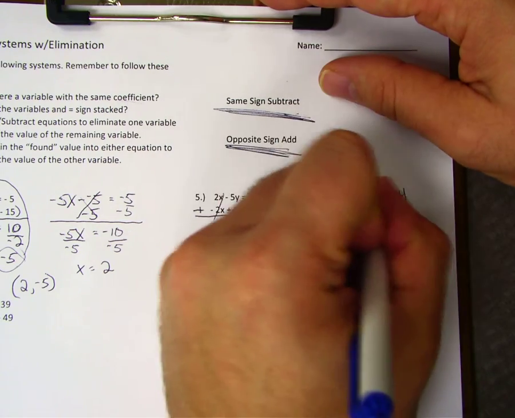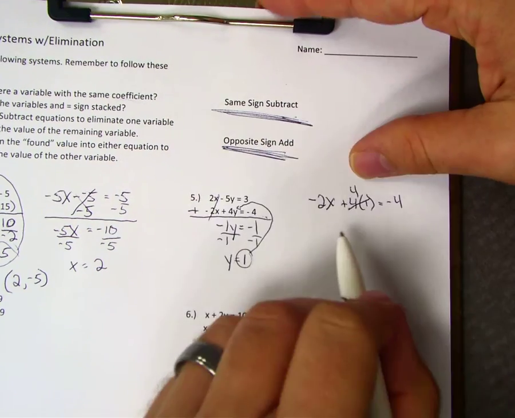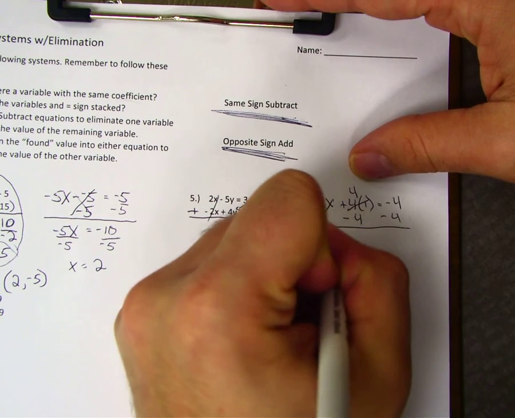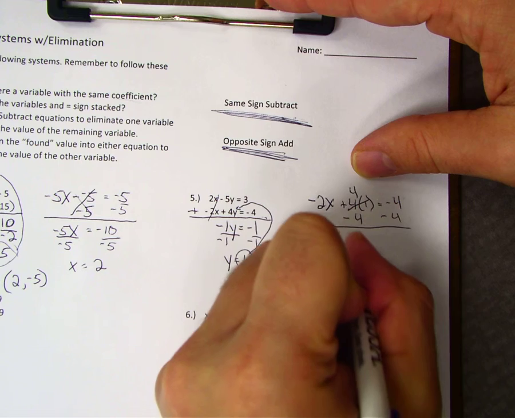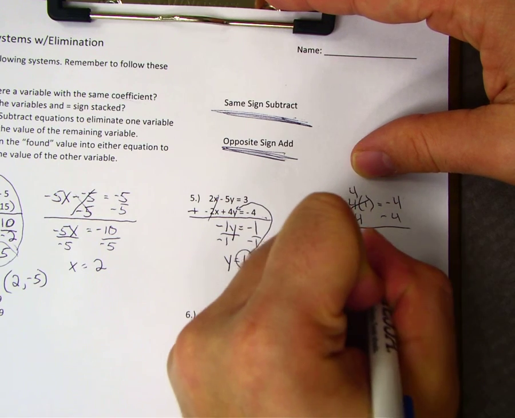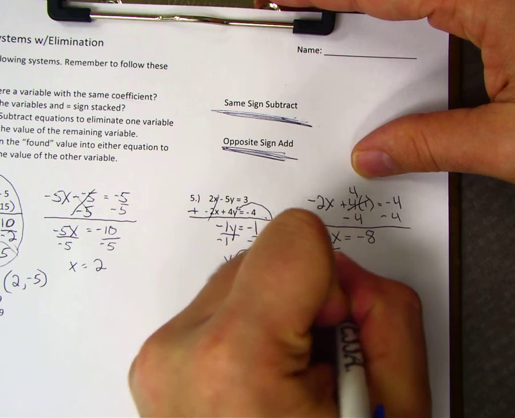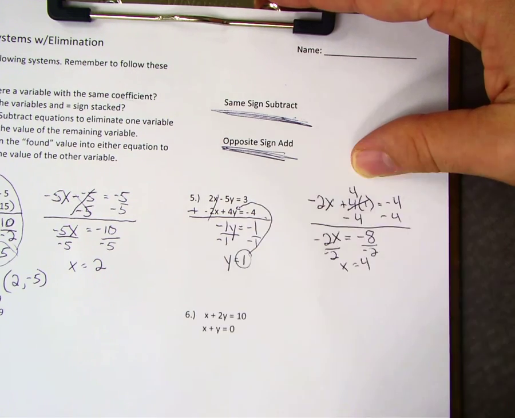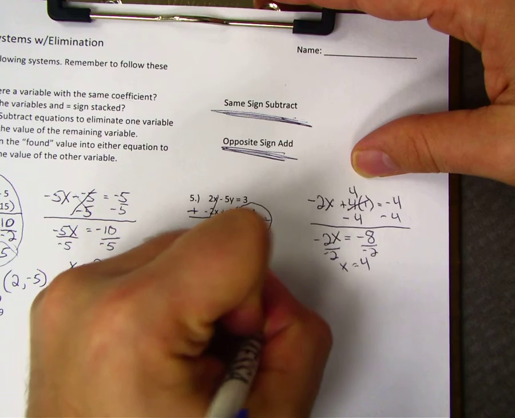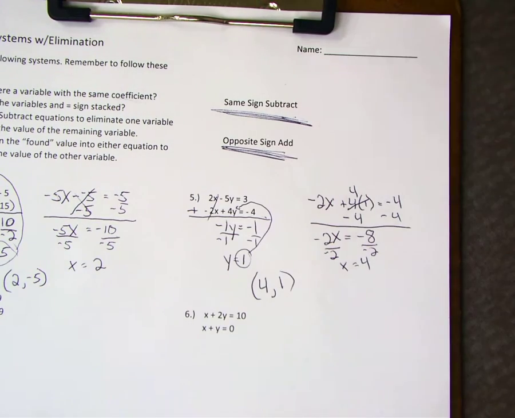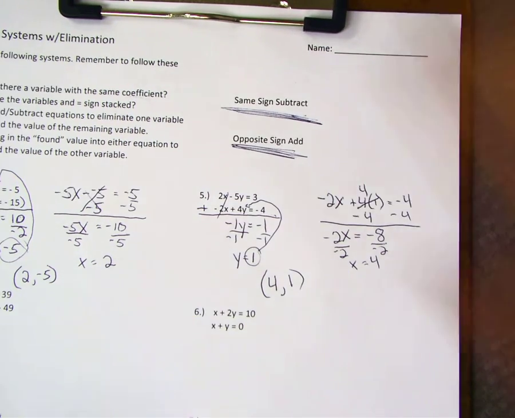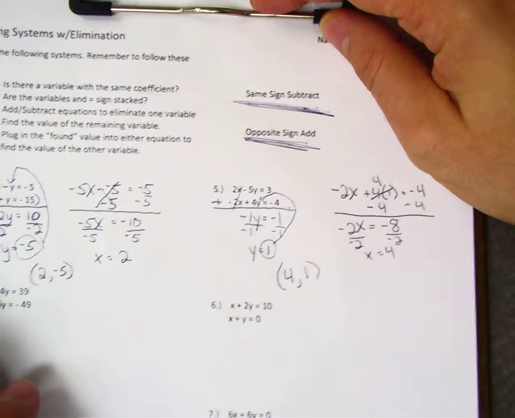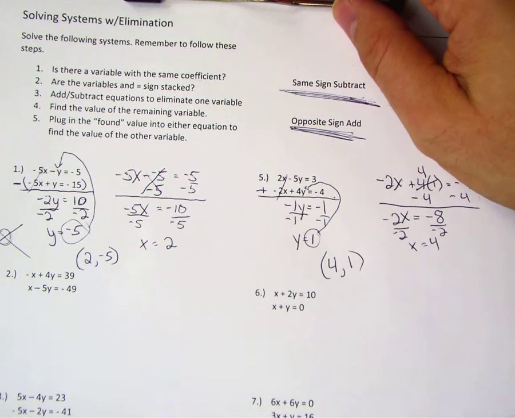So let's simplify this. 4 times 1 is 4. To get rid of the 4, we'll subtract 4 from both sides. I'll bring down my negative 2x, and then that's going to equal negative 8. Then I'll divide by negative 2 on both sides, and I get x equals 4. So my solution is 4, 1. So just because we eliminated the x in both of these doesn't mean you always have to eliminate the x. If you look down, let's see,